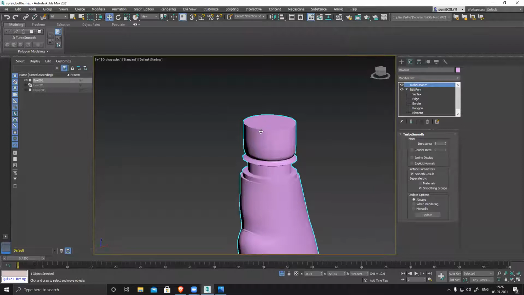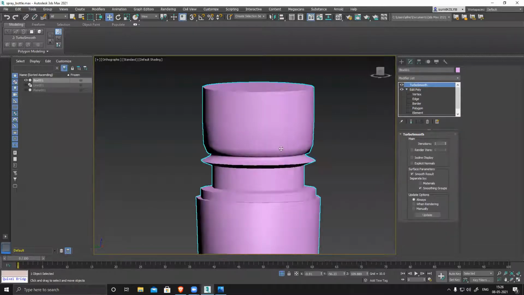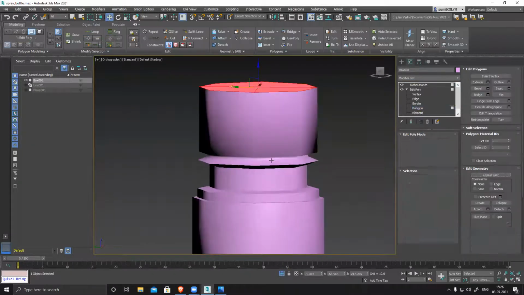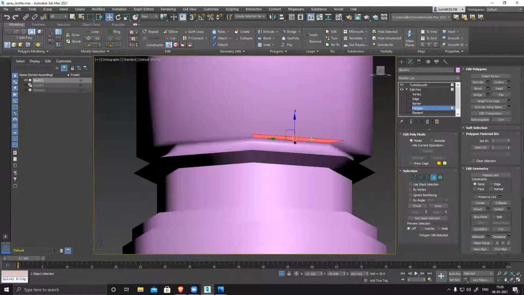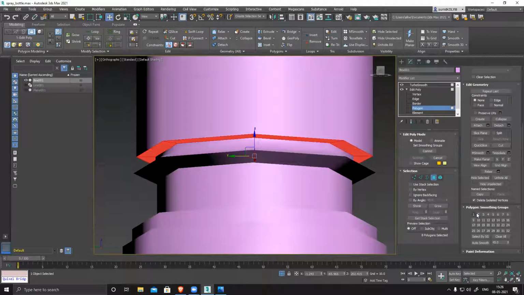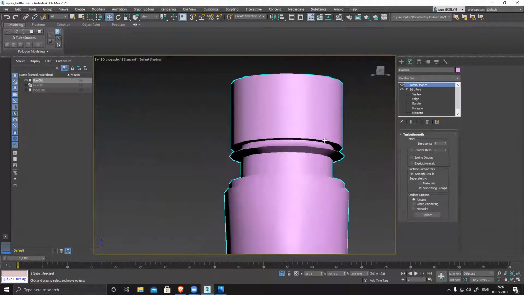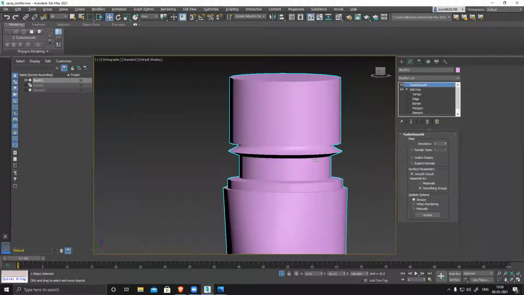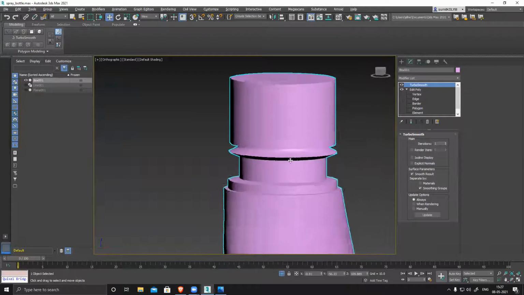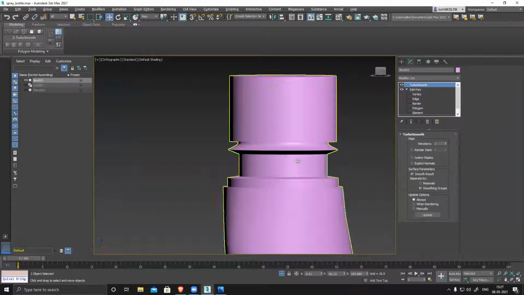So now you can see it holds that shape. Similarly, this part also should have a separate smoothing group. Go back, see, we retain this surface very easily.